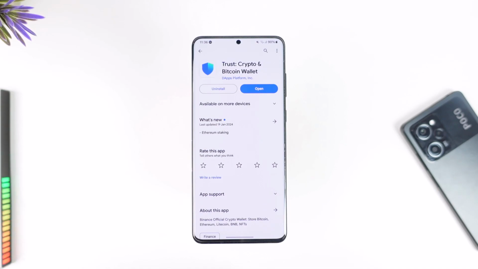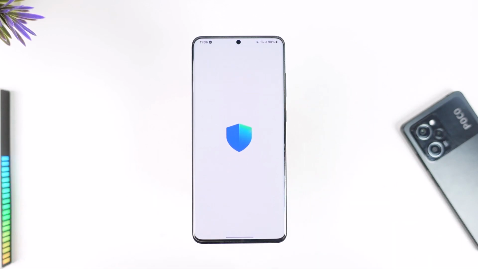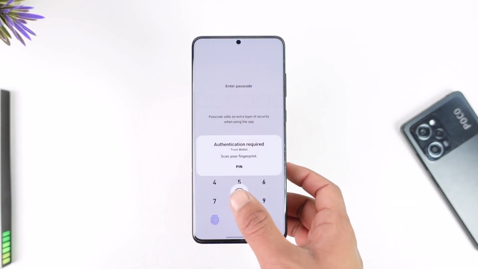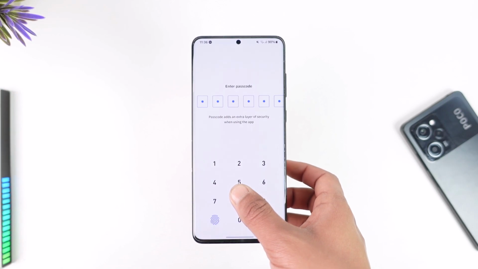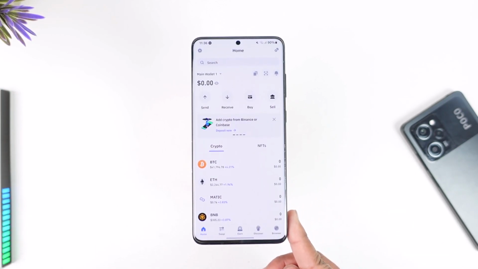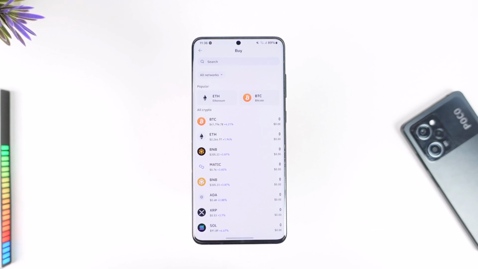Now, if you would like to buy coins on Trust Wallet, all you have to do is first of all launch the Trust Wallet application that you can find over there. Once you launch the Trust Wallet application, you're going to be able to see this type of interface. Now, depending upon which coin you would like to buy, which means cryptocurrencies, you want to just tap the buy option here, and then you should be able to see a list of cryptocurrencies that are available for you